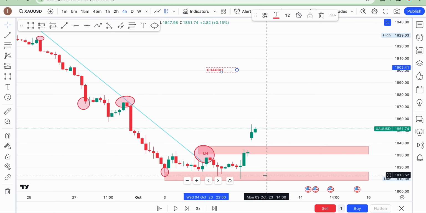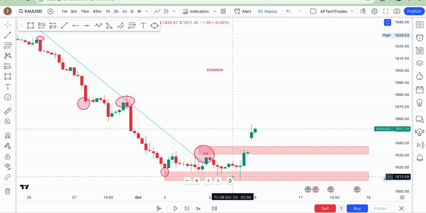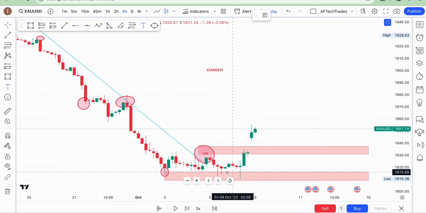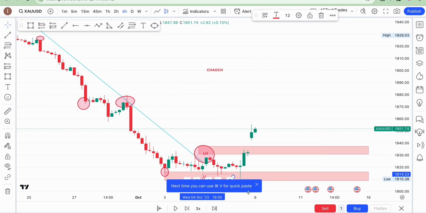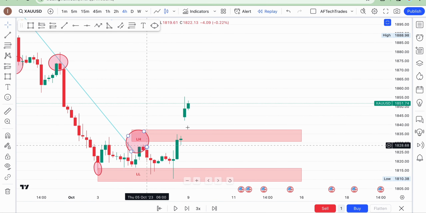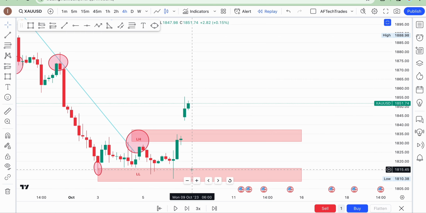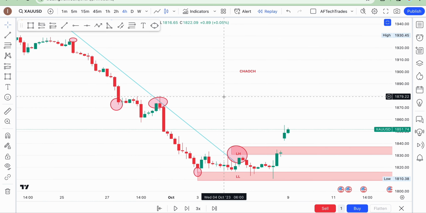reverse to our lower low, which is around this side, right? Let me just mark it for you to see. Okay, these zones here are our lower low, right? All this side are our lower low. So, this market fails to come back to our lower low, but rather it broke our lower high, which it has not done for some time.